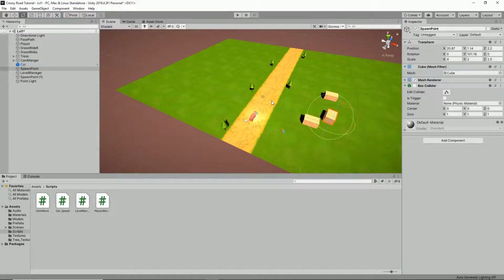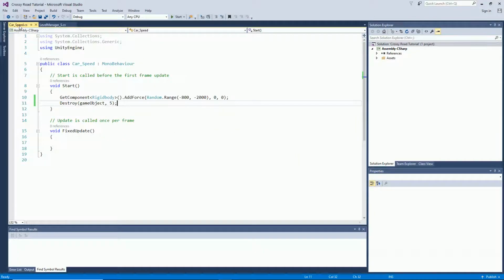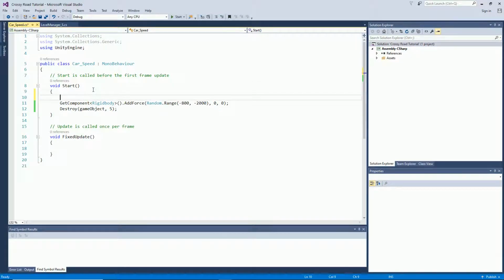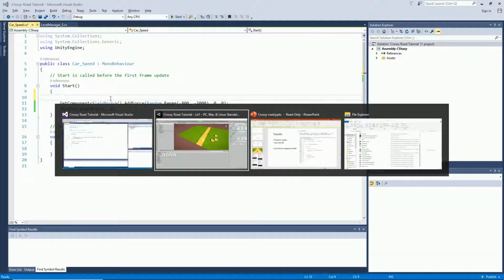Okay, I think that'd take more messing with than it needs to. I think if we started trying to get the car's forward vector, which, is that easy to get? Get forward vector. Let's have a quick look on